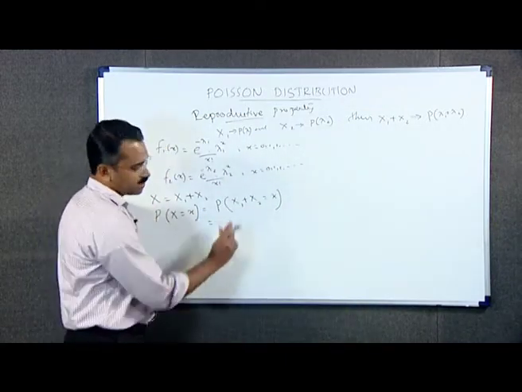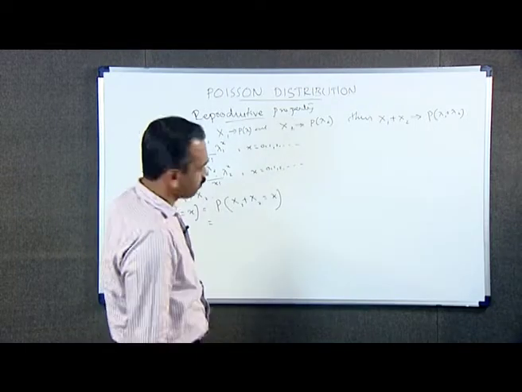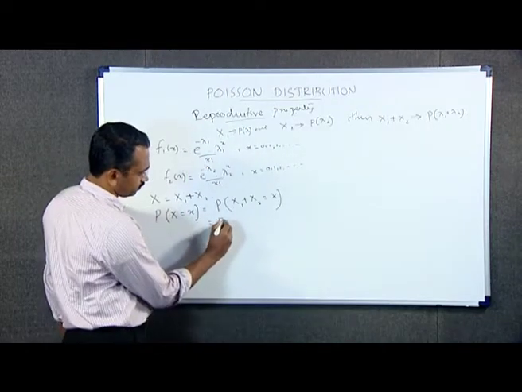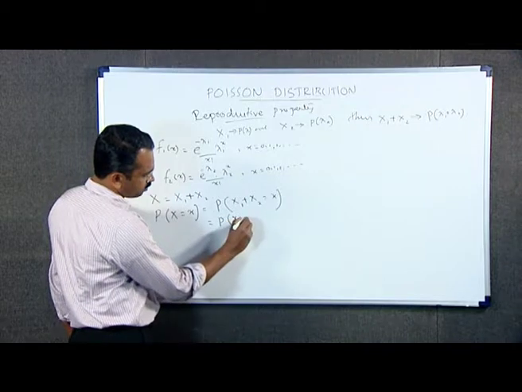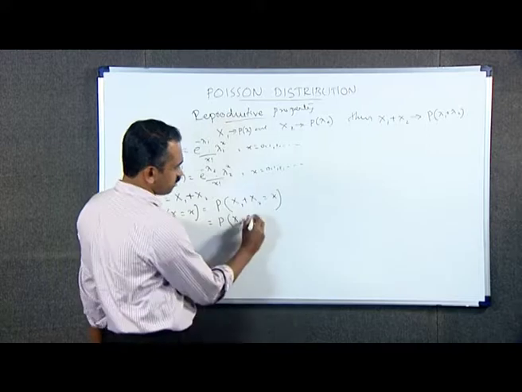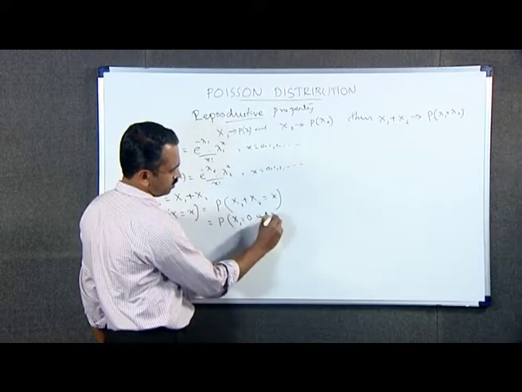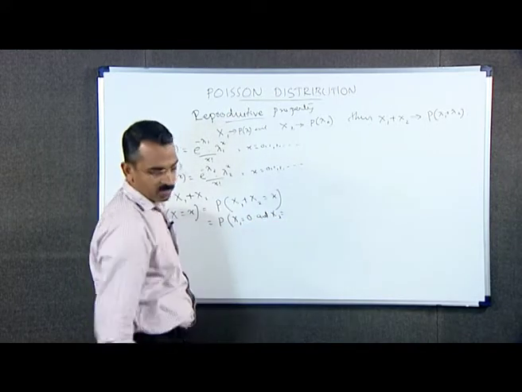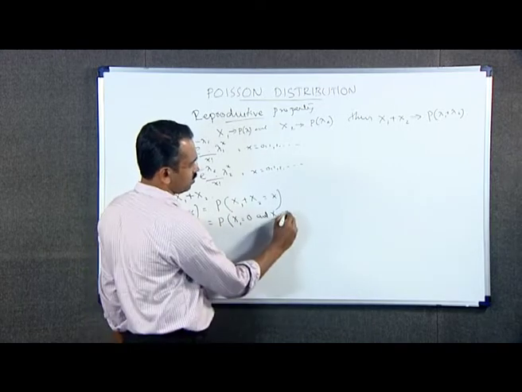This can be written as the probability of x1 equal to 0 and x2 is equal to x minus 0, that is x2 equal to x,